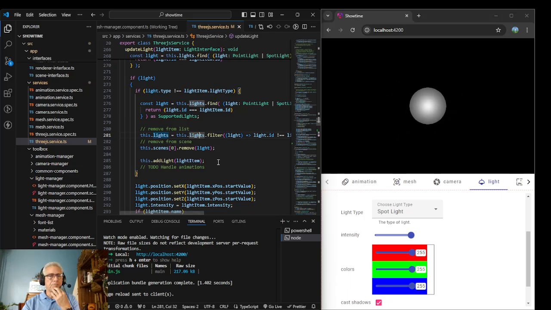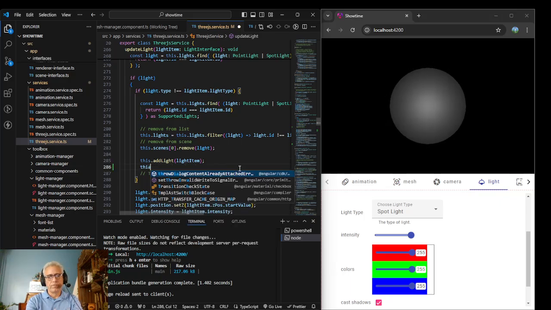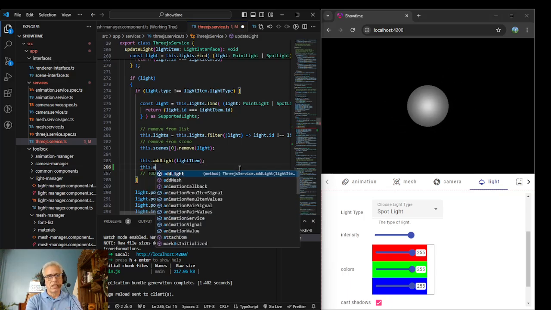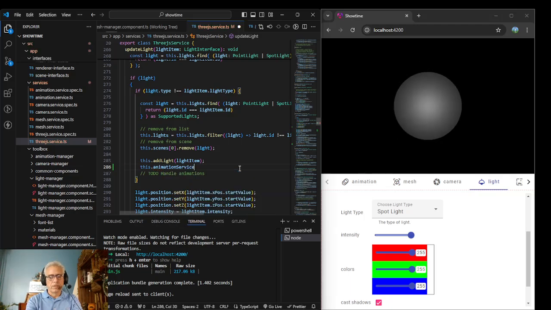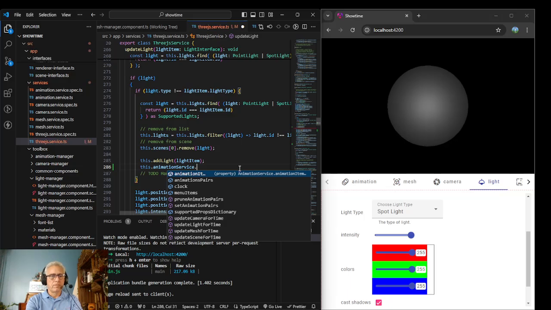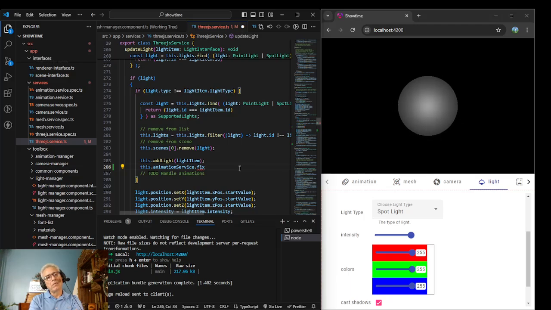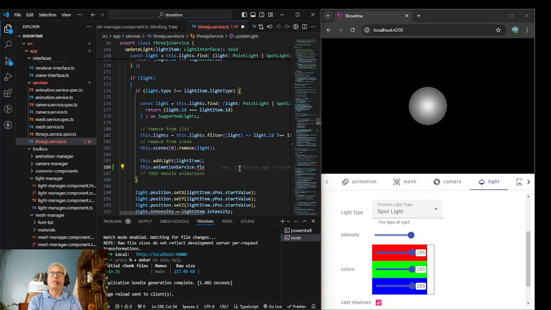So in animations in the service, we're going to want to do something like this: this dot animation service dot... oh man, the problem is that we need... okay, so